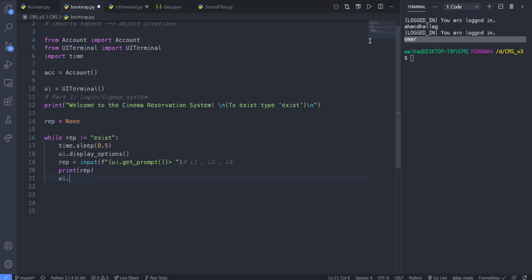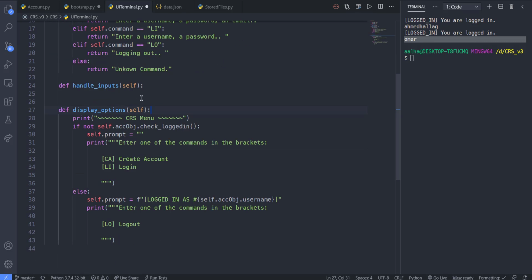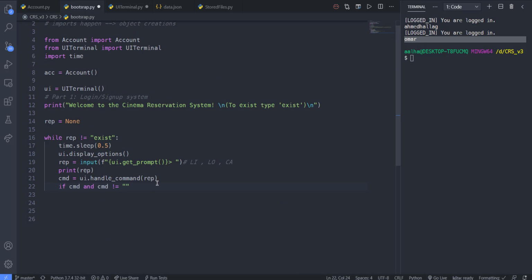So I'm going to call handle command, and I'm going to send that reply that the user entered, and I'm going to save this inside cmd or command, right? Based on the command, if the command is there, meaning that the user didn't enter just a white space and hit enter, there is a command, and that command is not equal to unknown command, meaning that it's one of these,